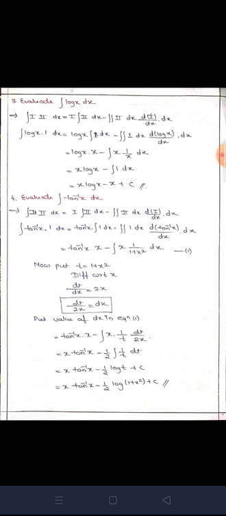Next step, x log x. First I have written x, then log x, minus. Here x and x will get cancelled. So what is remaining? Integration of 1 dx. Then in the next step, x log x minus integration of 1, which is x, plus c. You can keep up to here, no problem. Okay.